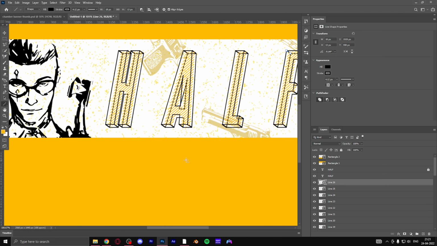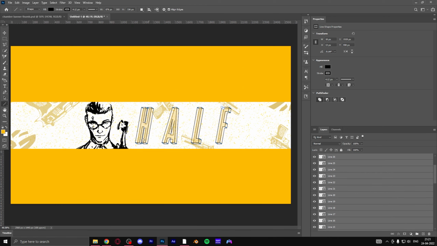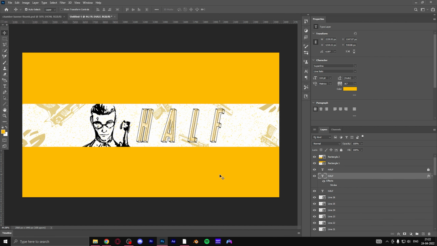And we are about done. I made a mistake and all the line layers are above the bottom-most one, so I dragged it down and now it looks perfect. Hopefully. Let's check out the outcome. Yup, it looks perfect. So now that we've got a 3D text effect, you can add another bit of flair to it